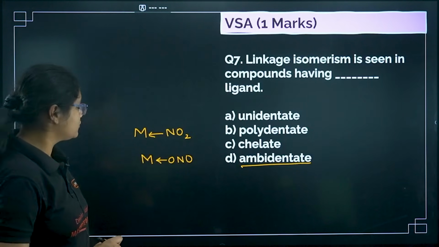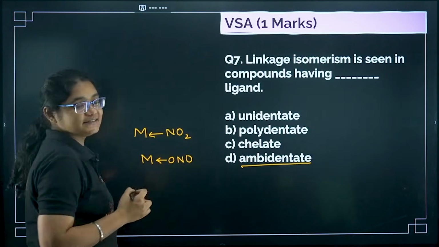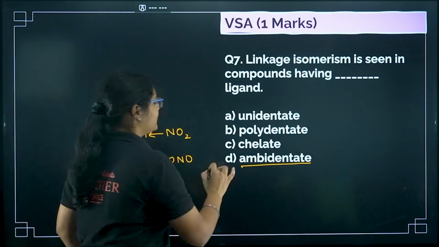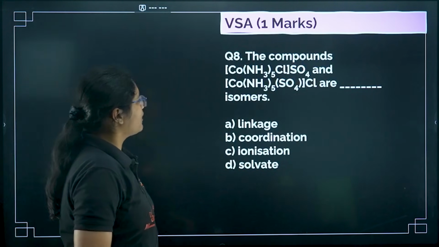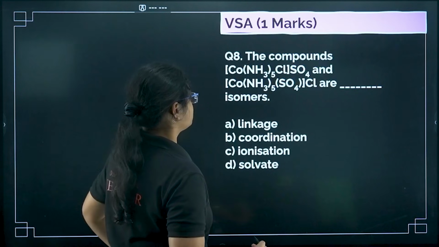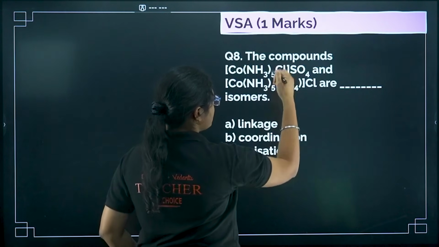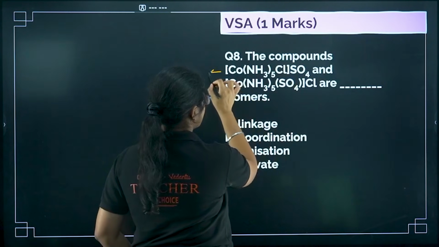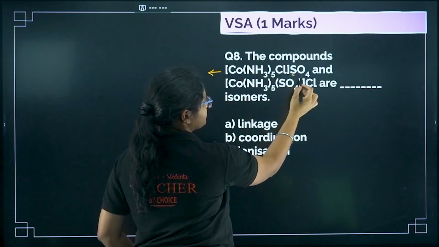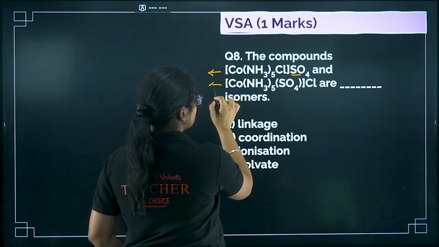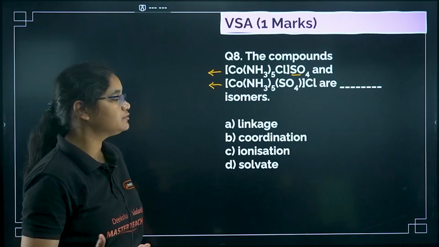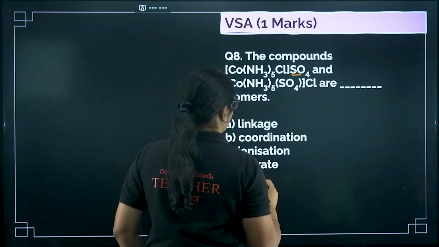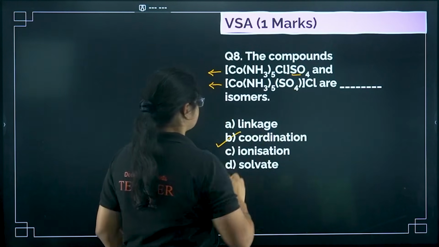Right? So in both of these cases we will get linkage isomerism, so we need to have an ambidentate ligand for that, so that is option number D here. Next, the compounds are given which type of isomers. So here you can see that when you dissolve this one, you will get this compound and this SO4 ion, and when you dissolve this one you will have this complex and chlorine ion, right? So different types of ions will be produced, so that is why you will have here coordination isomerism,